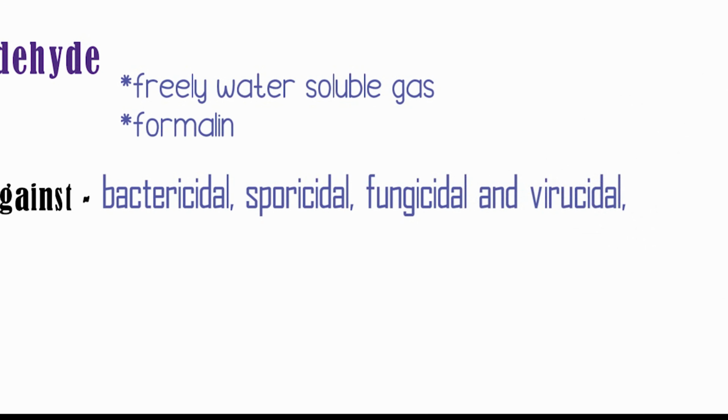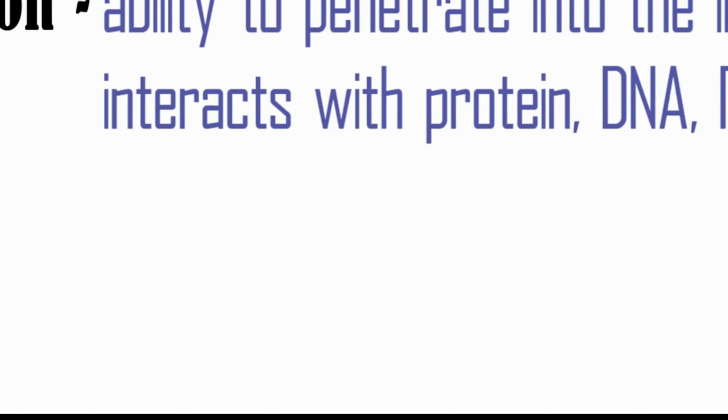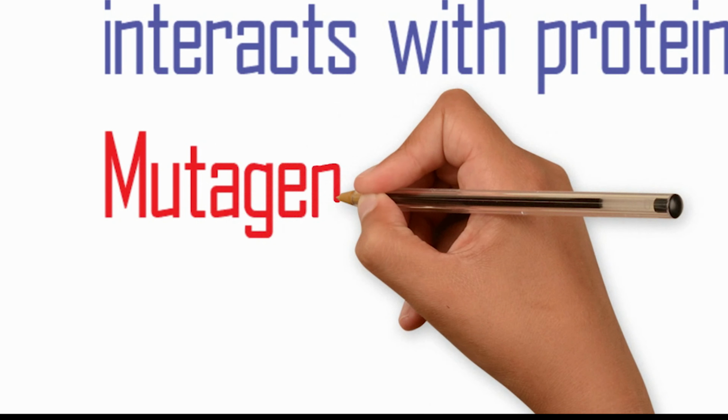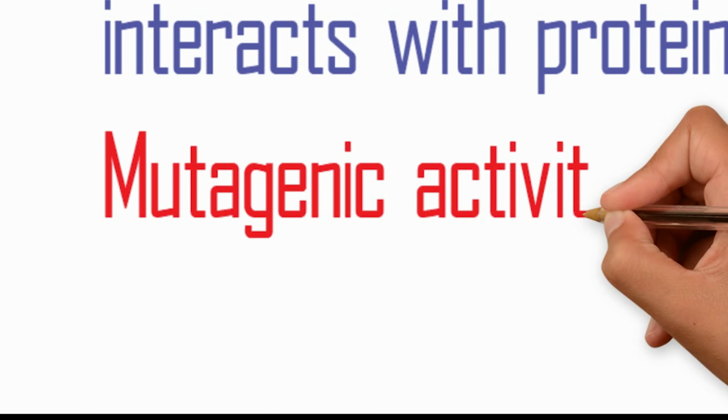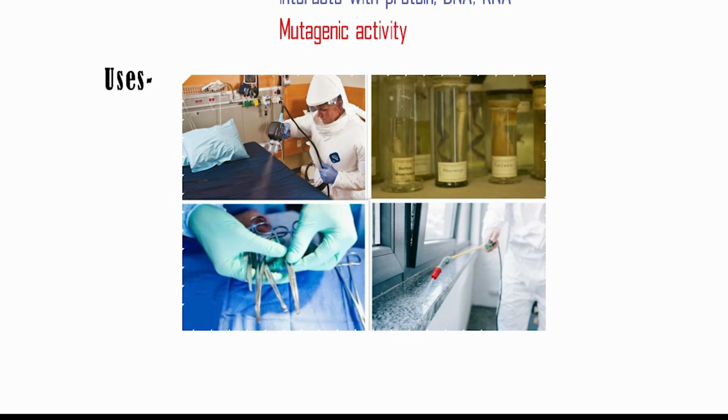It is known to interact with DNA, RNA, and proteins of microorganisms. Unlike glutaraldehyde, formaldehyde gas can penetrate inside the inner cell wall of a microorganism. It is proposed to be mutagenic and carcinogenic. Formaldehyde gas is used to sterilize and disinfect instruments, catheters. It is used to fumigate patient wards, labs, operative theatres, clothing, bedding, and furniture.